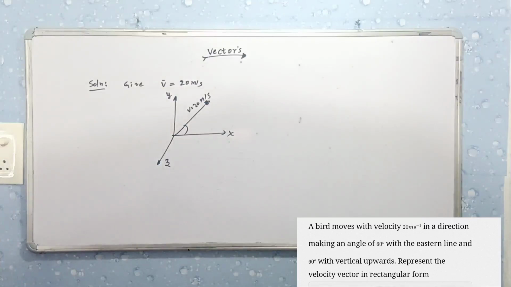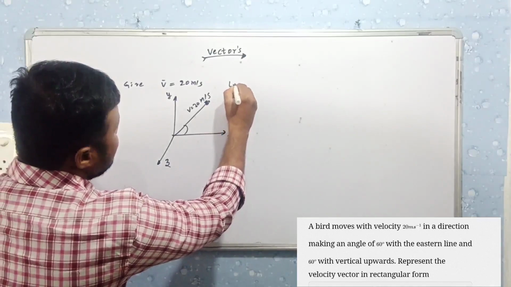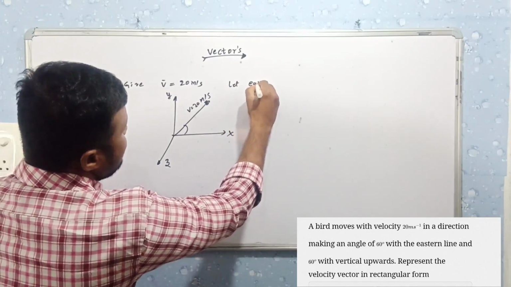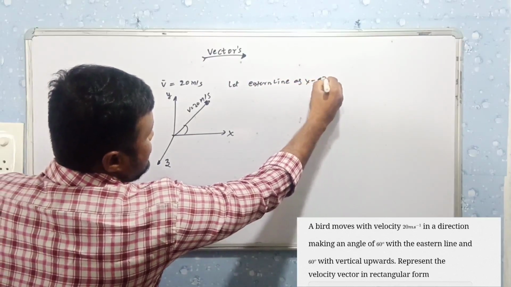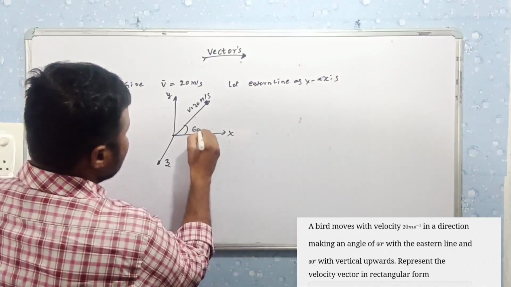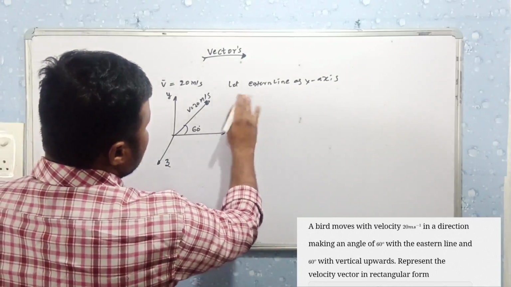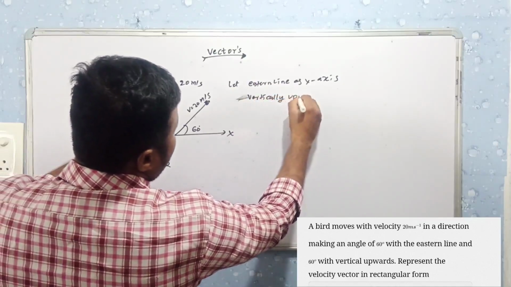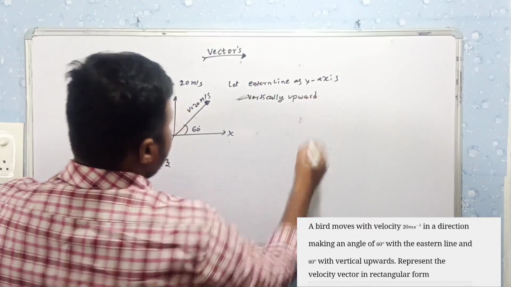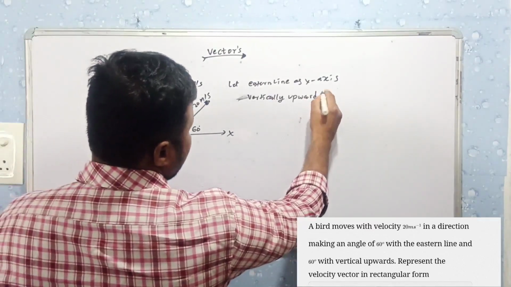Let the eastern line be taken as x-axis, the 60 degree, and vertically upward, that is taken as